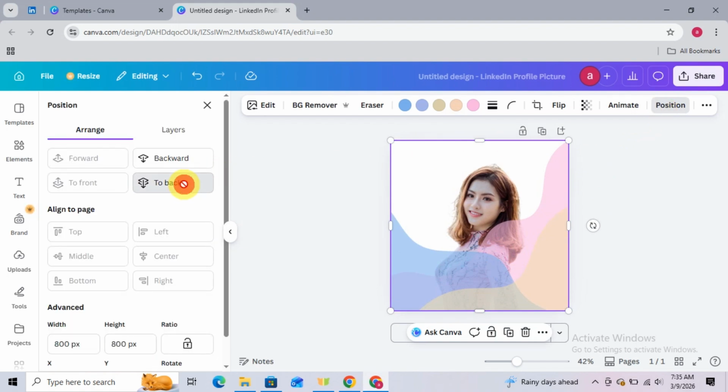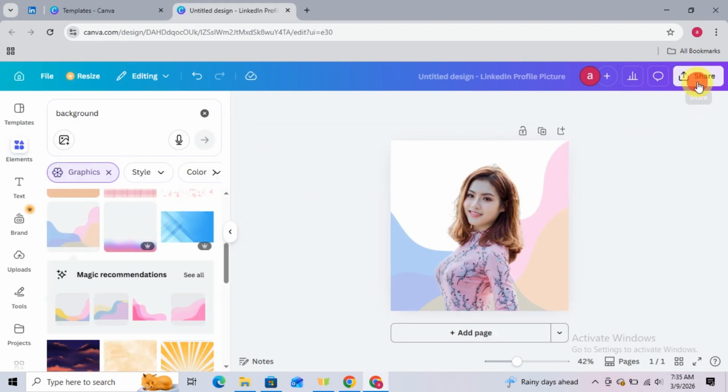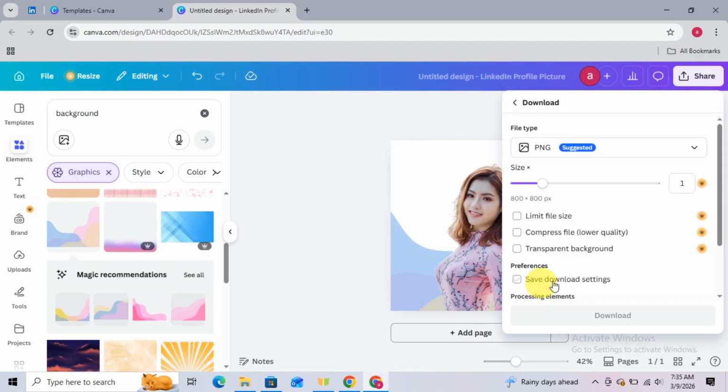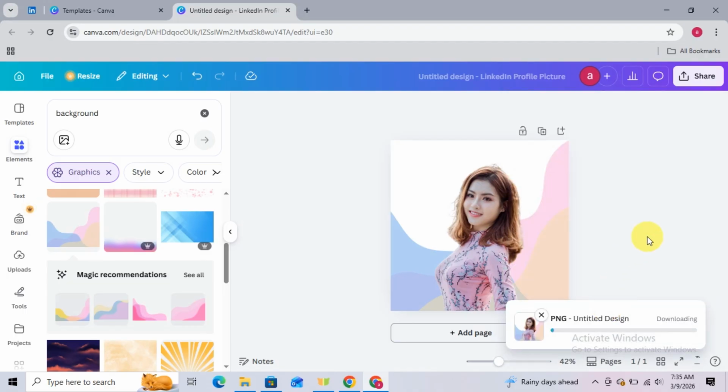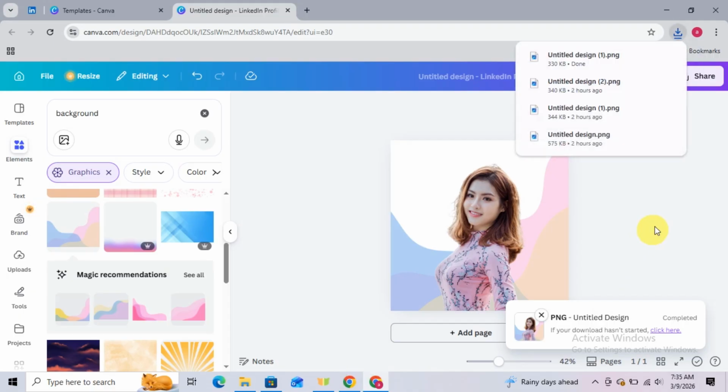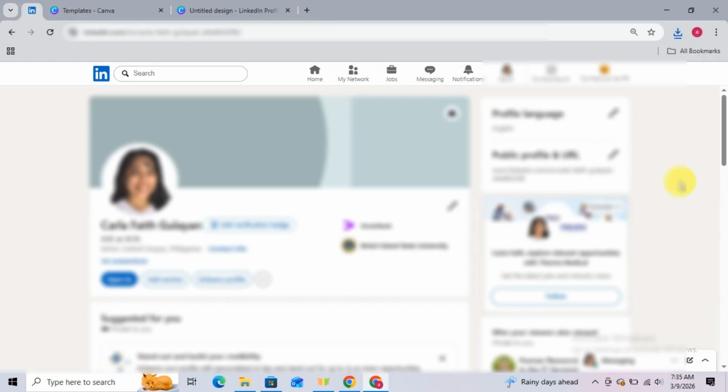Now once you're satisfied with your photo, just simply click on share, then click on download and choose a file type. Right after, just go ahead and click on download and this should download the photo on your device. Now this time, since we have already created the profile photo in Canva, just head back to LinkedIn